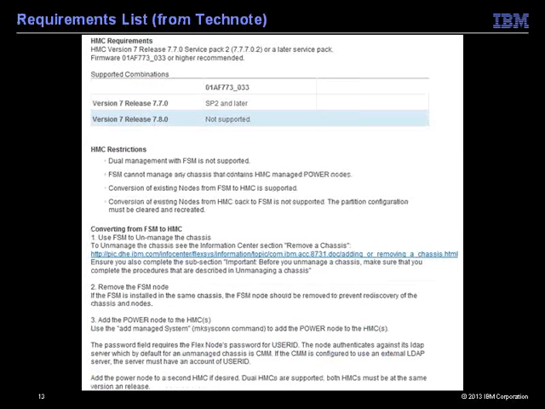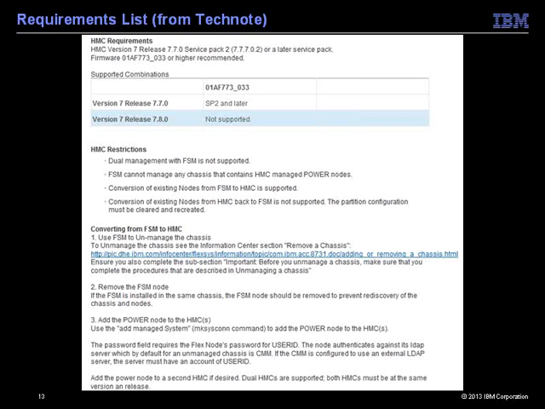If we scroll further down, there is a full list of requirements there. We show the HMC versions that are required. We show the firmware level requirements. We do see that the new HMC 778 code is not yet supported. So it does have to be 777 Service Pack 2 or higher, and higher can't be 778 just yet. There are plans to add 778 eventually.